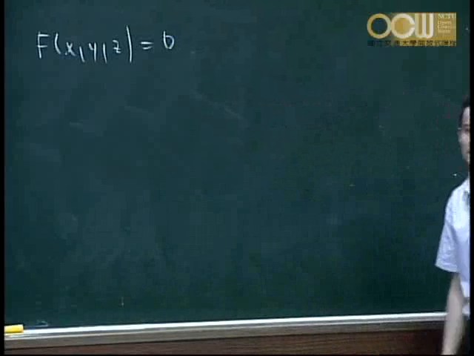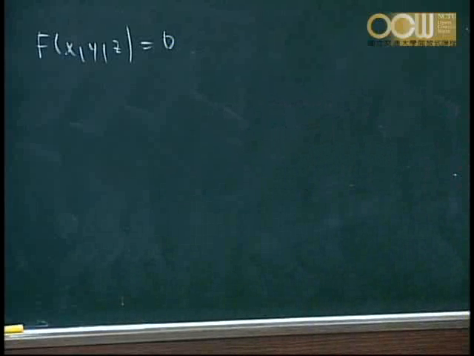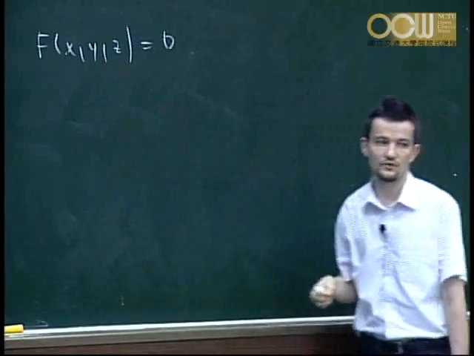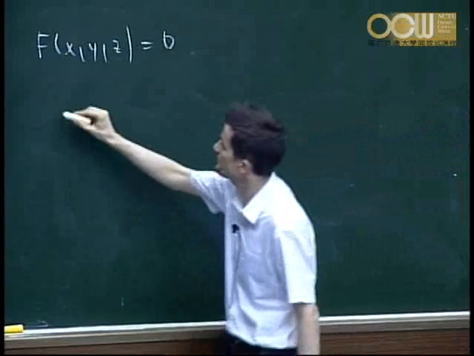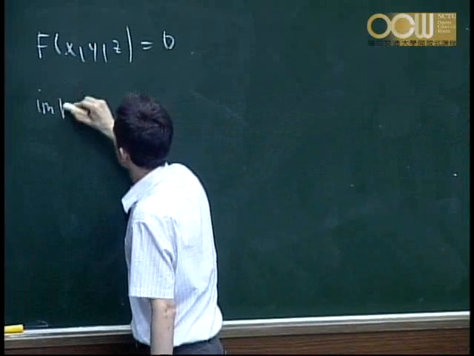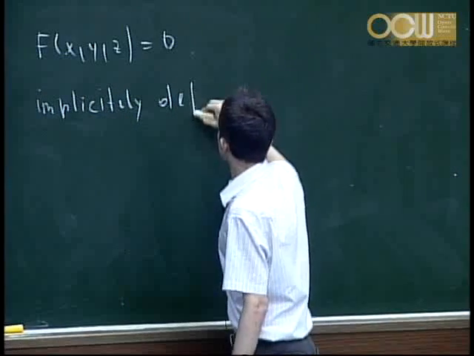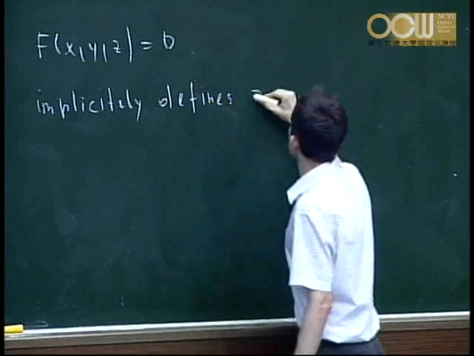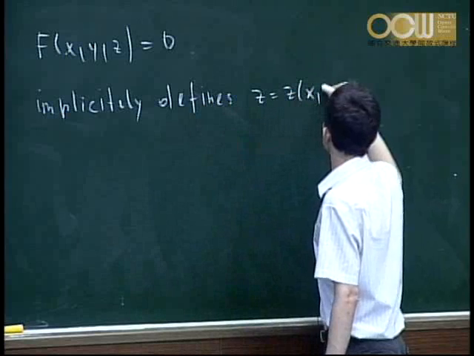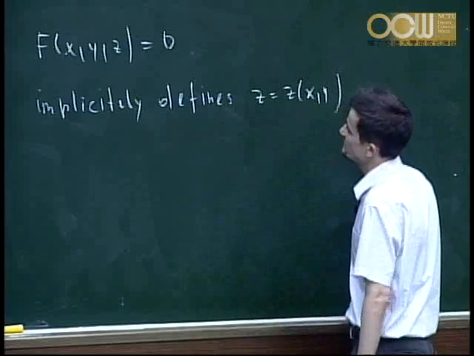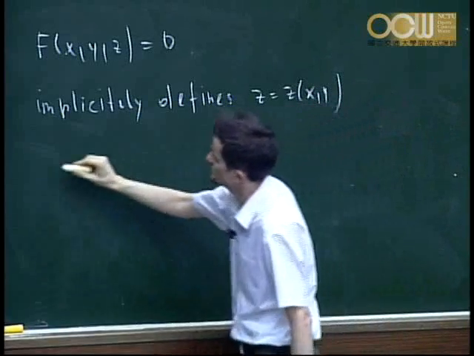You have an equation like this here which defines z as a function of x and y. So I assume that this equation implicitly defines z as a function of x and y. Moreover, you need some assumption. Under some additional assumptions,